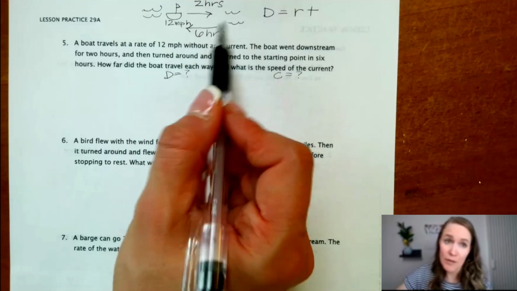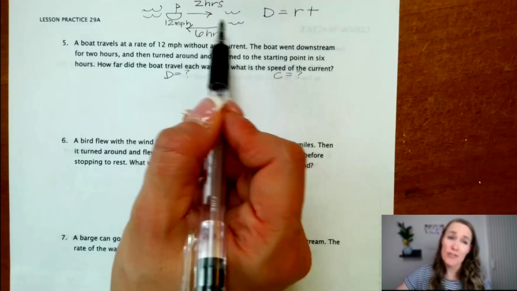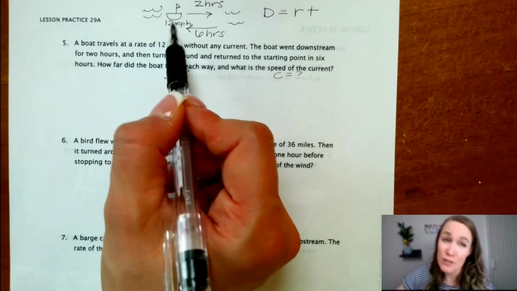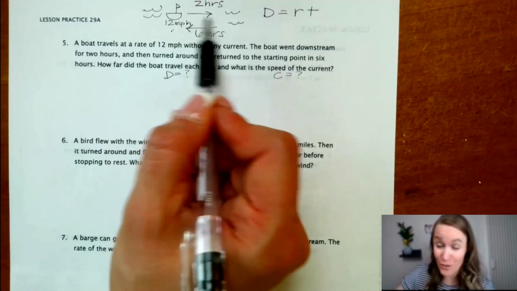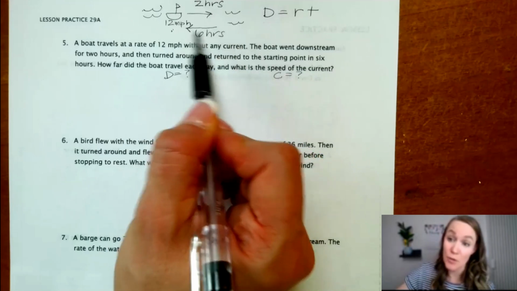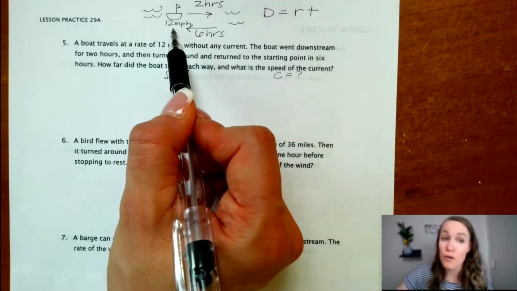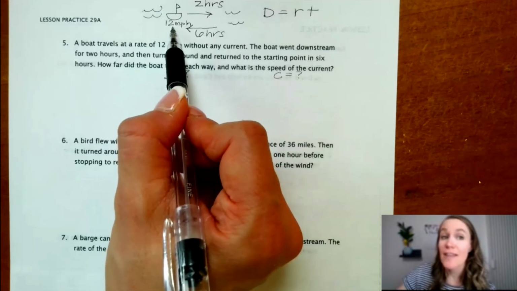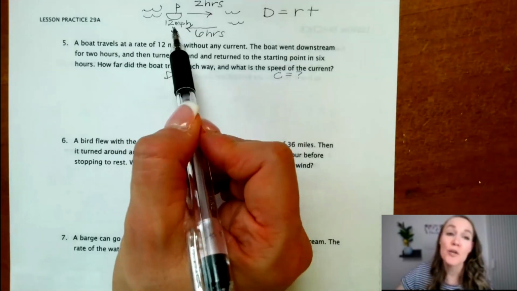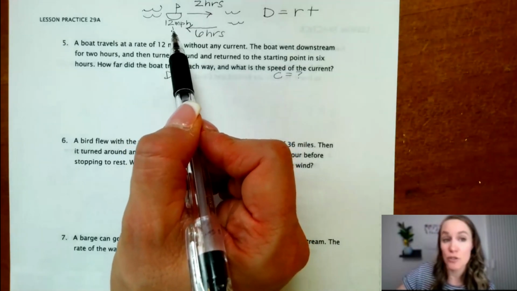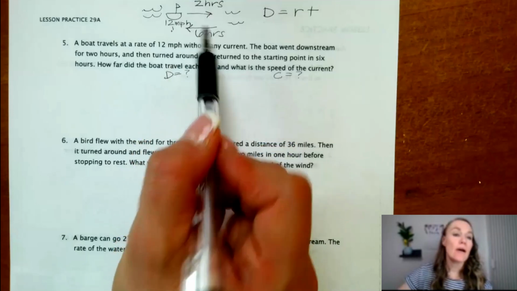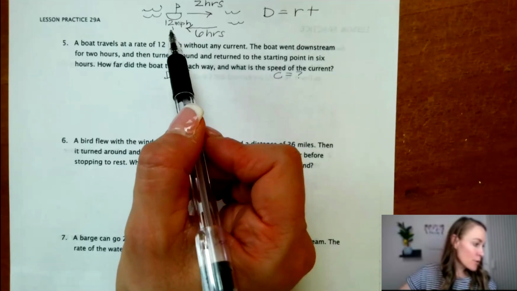I think I'm thinking about that right, because when we come back, we're not actually coming back at 12 miles per hour. We're actually coming back at 12 miles per hour minus whatever the current is, because that slows us down a bit, but we're still able to move there. If the current was stronger than 12 miles per hour, then we would be floating downstream. We wouldn't be able to make it back. So in order for our math to make sense, we need to make sure the current is under 12 miles per hour. Okay, so